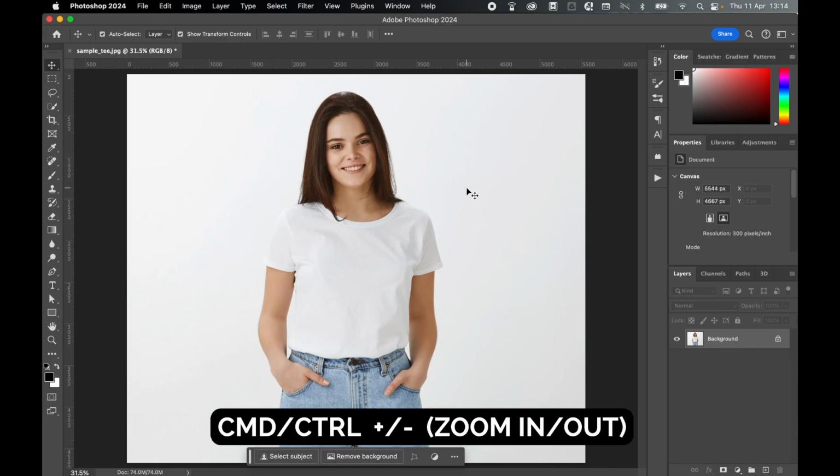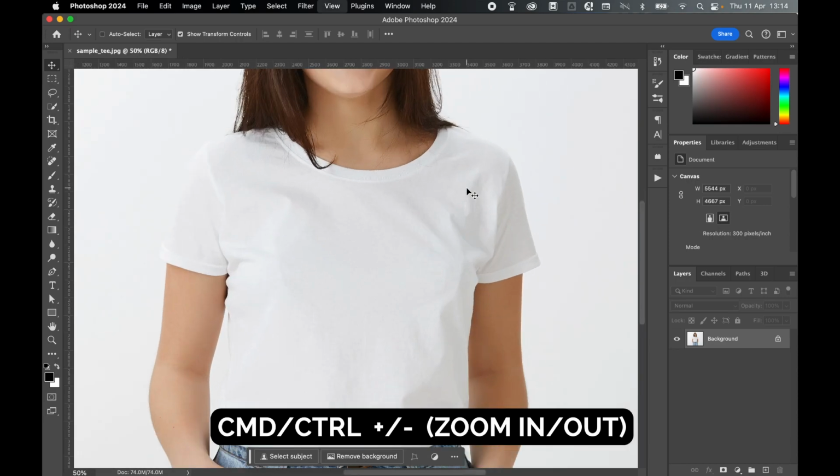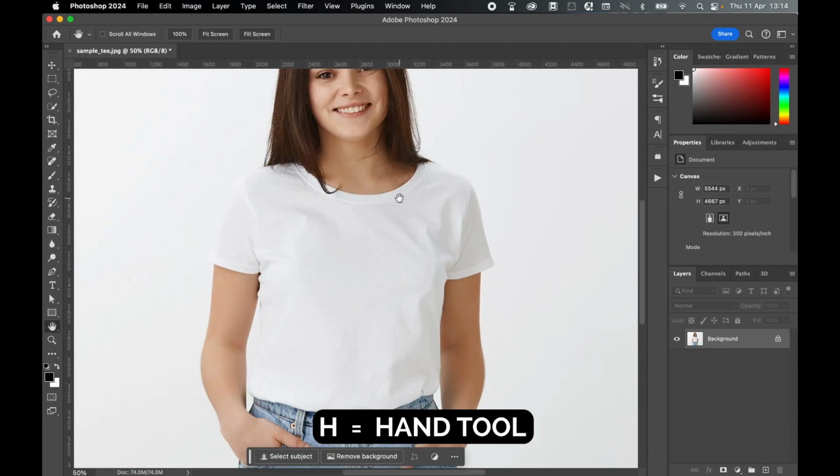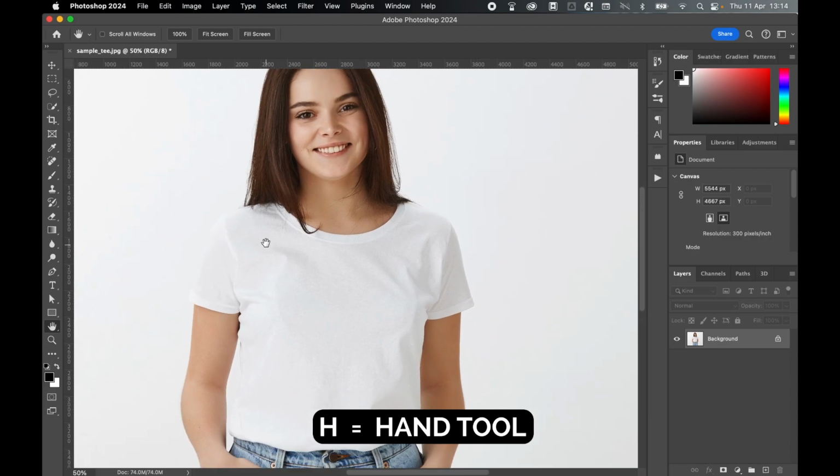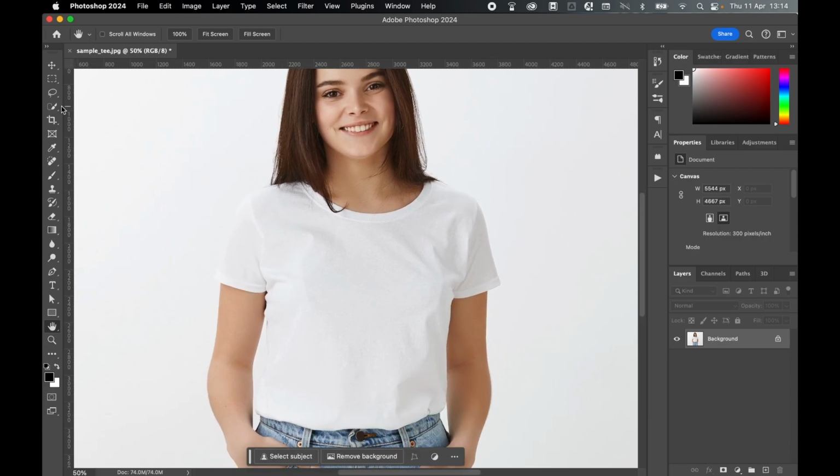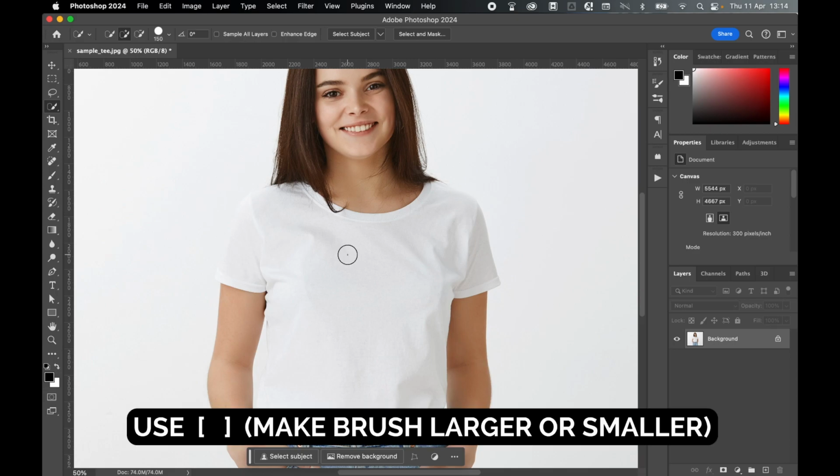To do this, use Command or Control plus or minus to zoom in or out. Use H for the hand tool to scroll to different parts of the t-shirt when you're zoomed in. Come over to your quick selection tool. Use open and close brackets to make the brush larger or smaller to capture more or less of the